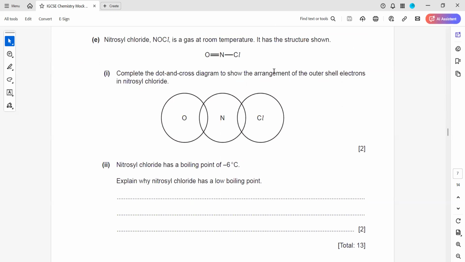Next, we have nitrosyl chloride, NOCl, which is a gas at room temperature. There's a double bond between the nitrogen and oxygen, so there will be 2 electron pairs, and there will be a single bond between nitrogen and chlorine. Nitrogen belongs to group 5, so it shares 3 and unshared will be 2. Oxygen belongs to group 6, so it will share 2 and unshared will be 4. And chlorine belongs to group 7, so it will have